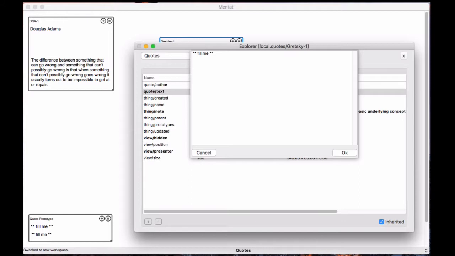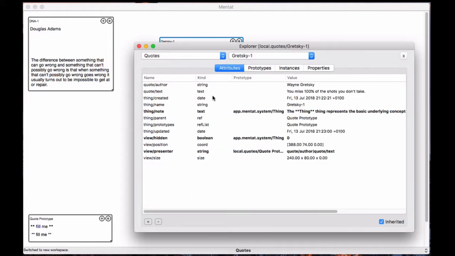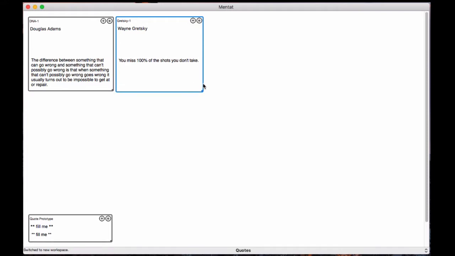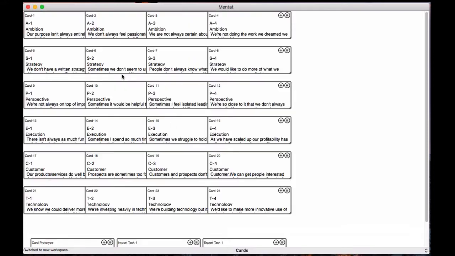Now you might wonder, why don't I use the note attribute for the quote text? I mean, there's no particular advantage to using it, but it's there. Why wouldn't I use it? And the main reason is you can only inherit any given attribute from one prototype. So what I'm about to do, I've created a couple of quotes here. So I go back to my cards,